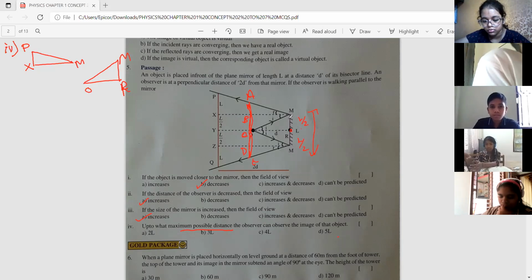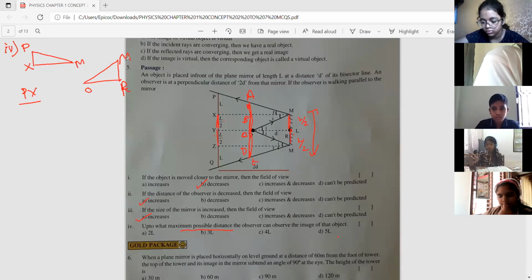Now you see this length ML is parallel to XY, so this length is also L by 2, meaning this length is the same. Here to here and here to here are the same length, so this is also L by 2, right? But we need to find the PX length. So write down PX divided by this triangle. See, these two triangles look the same, right, children?